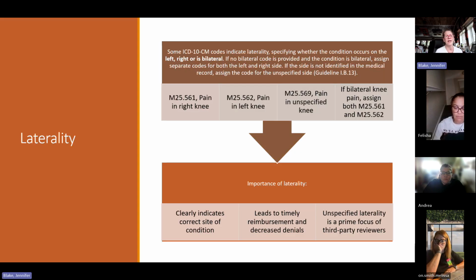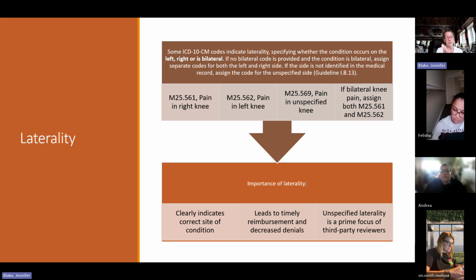Another thing I query for a lot of times is laterality. You'll see that. So for example, this condition that we're seeing here for knee pain, it can be in the right knee, can be in the left knee, or it can be in both knees, which would be bilateral. Or if the provider doesn't tell us which knee it's in and we can't really get a hold of them to find out, we would use the third one there, the